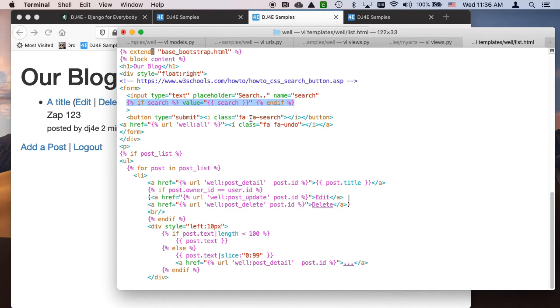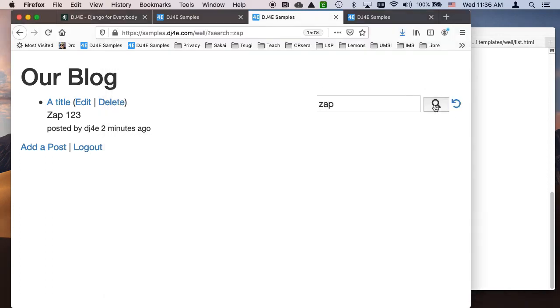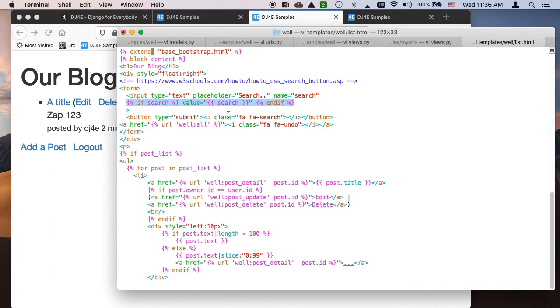I'm using a Font Awesome icon for the search so that I get this little search button. That's kind of cute. That's a thing called Font Awesome, you can go look that up. And then I have a link that goes back to well:all. I could probably call this like